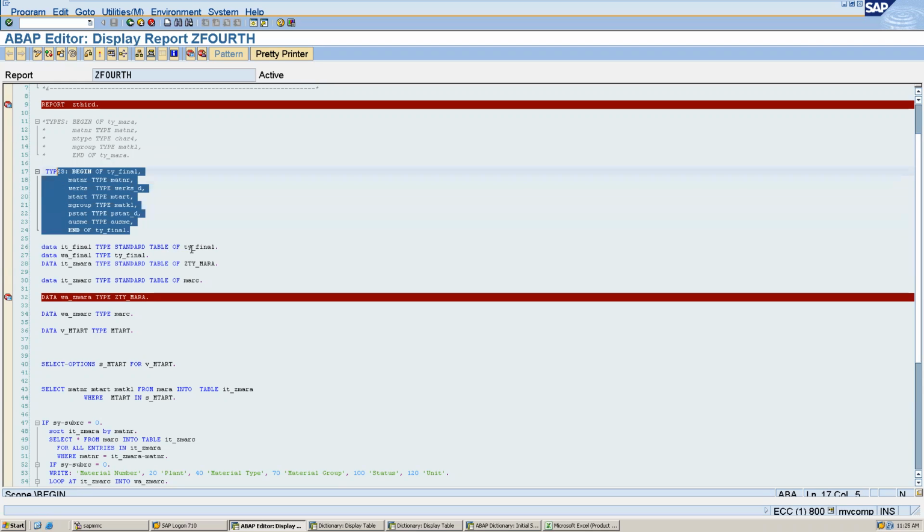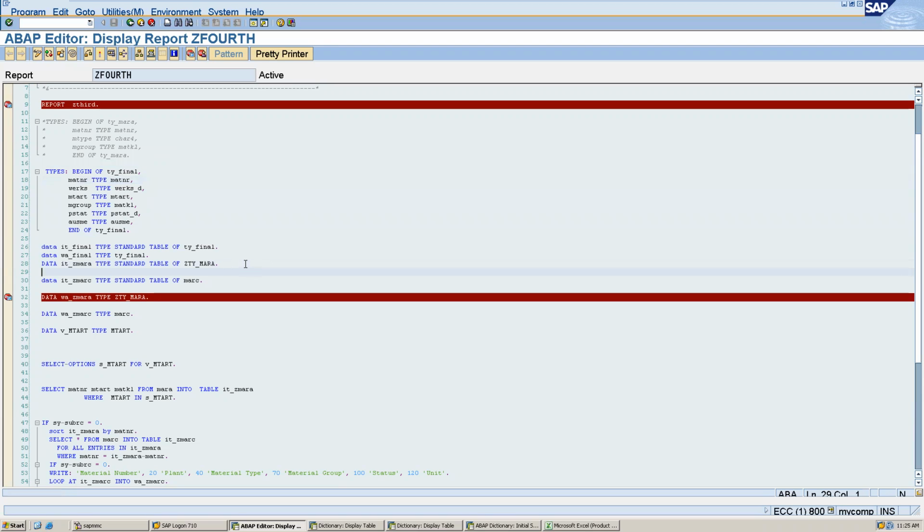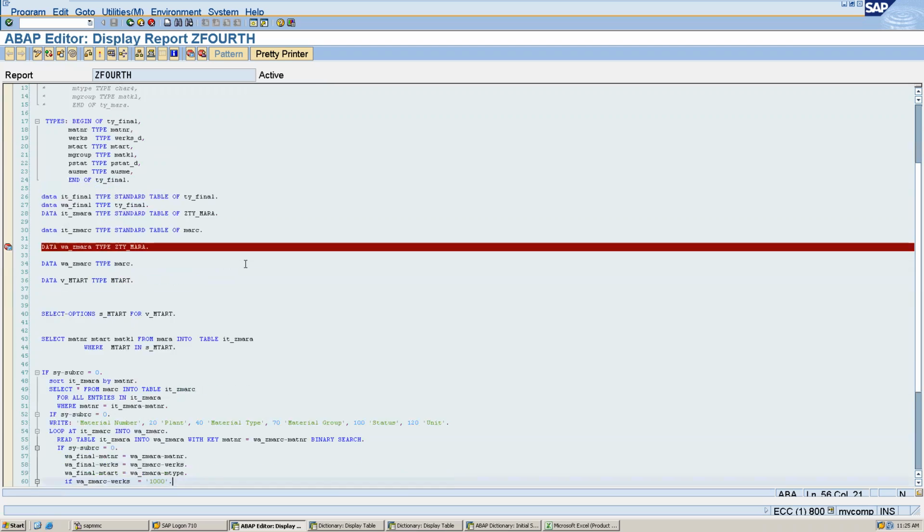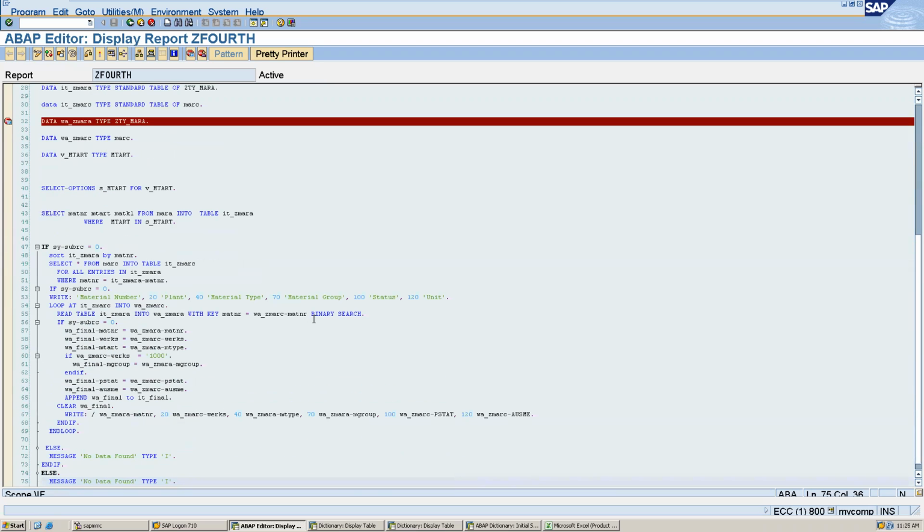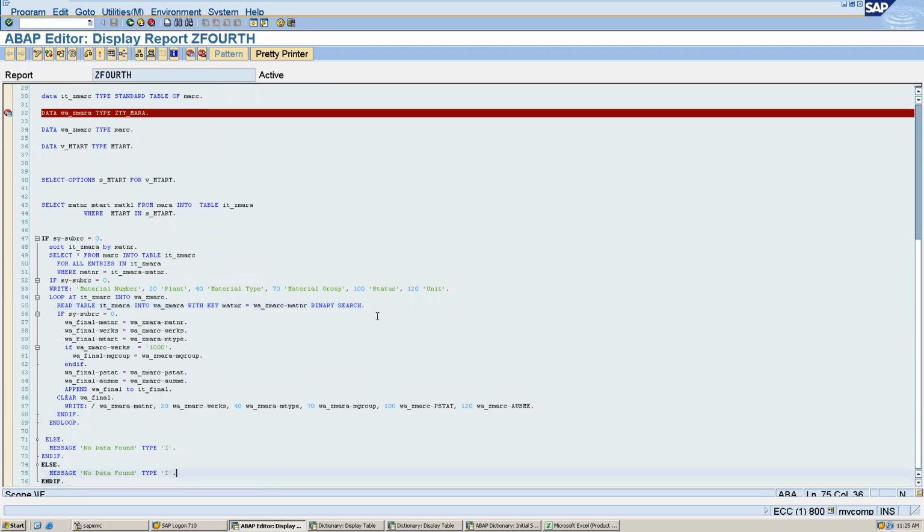With the help of this type, we created the table. We also saw binary search, why we have to use binary search and how we can use READ TABLE. And we also saw loop within loop in our last class.